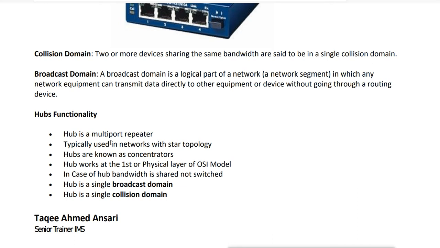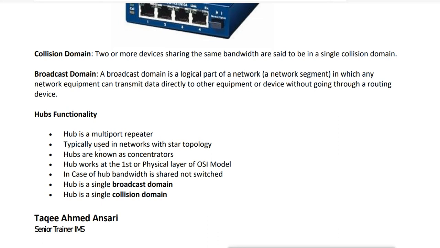And what will the repeater do? It will amplify the data and send it another 100 meters. So basically it takes input from one port and sends output to the other port by amplifying the data. The same thing the hub is doing. The only difference is that a hub has multiple ports, and a repeater has only 2 ports, input and output. So a hub is also called a multi-port repeater.